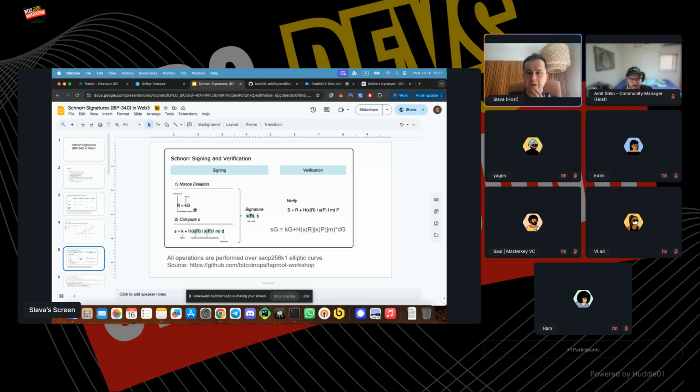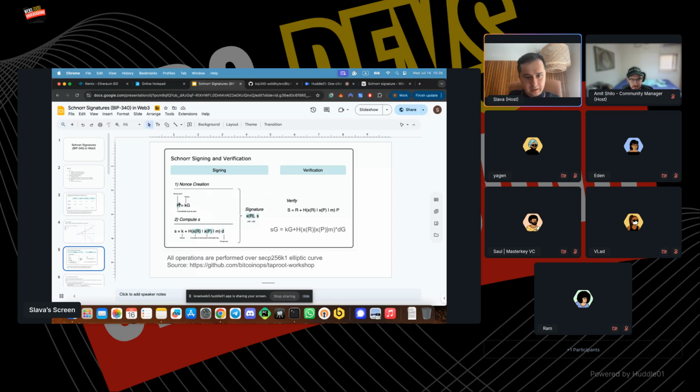And then on every elliptic curve, there is a generation point. The generation point is basically a constant, one widely adopted point on the curve. Using that point, you can generate any other point by multiplying it by some scalar number. But for the sake of this lecture, it's just a constant point on the curve. Then we multiply k, which is a nonce, by this point G, and the result is R. So R is a point on the elliptic curve,